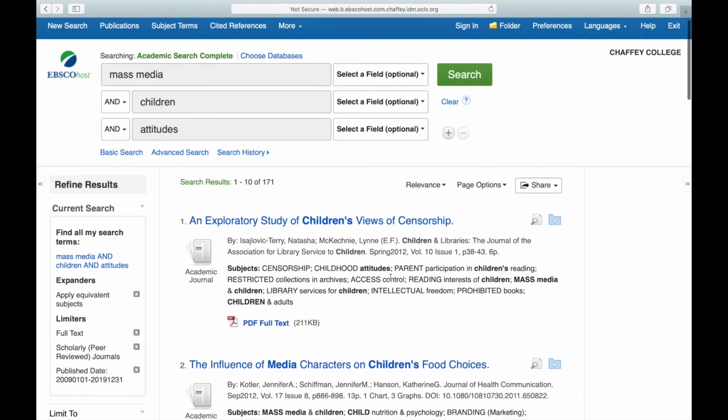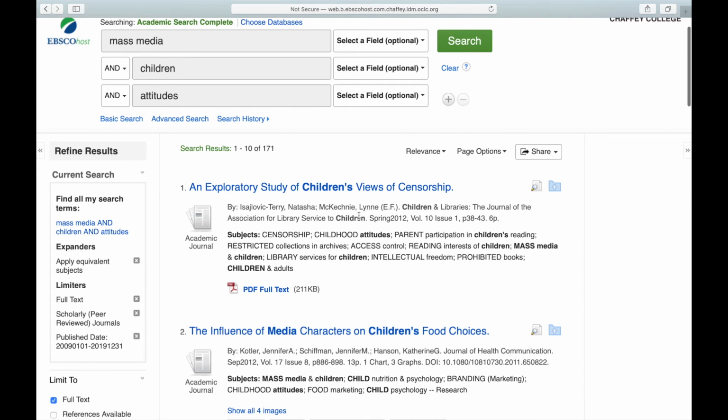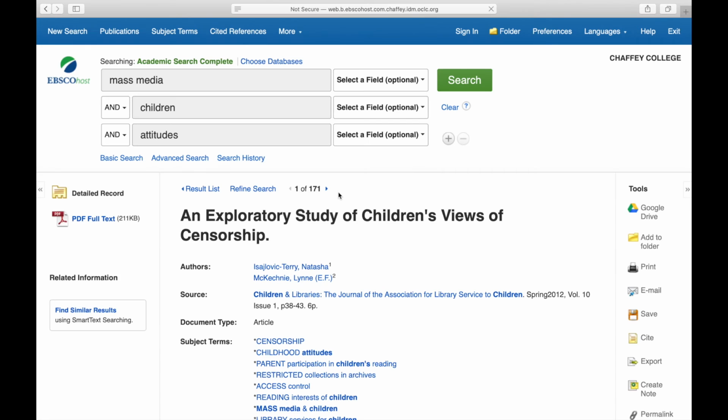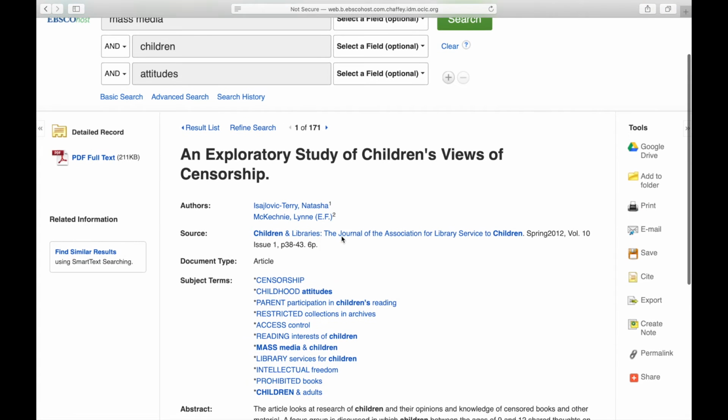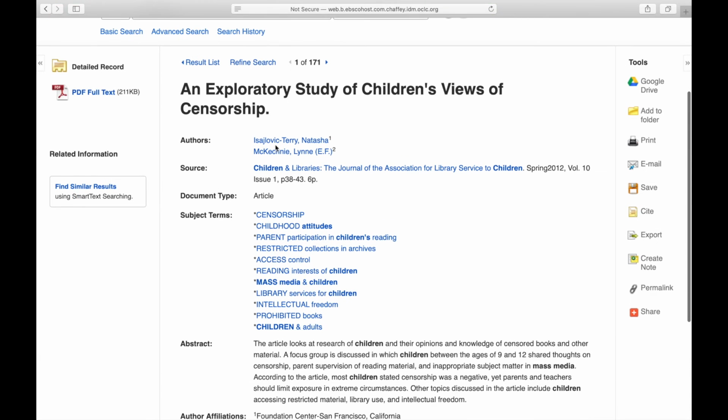Once you've found an article that works well with your research needs, you can click on it for more information about the article. On this page, you will find access to the full text. You will also see the subject term selected for the article